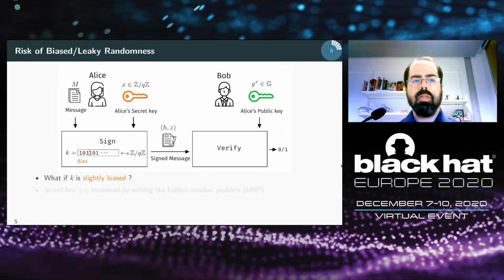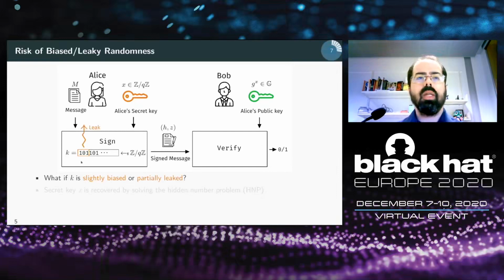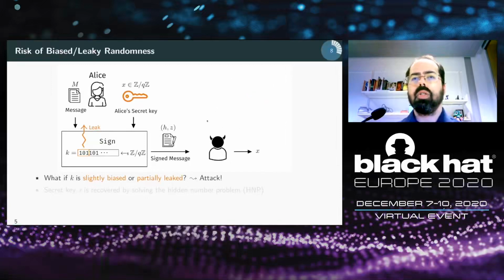But these are extreme cases. For example, we could have the case that due to implementation error or malfunction in the random number generator, some bits of the nonce are fixed. Or perhaps an adversary is able to obtain leakage correlated with those bits with high probability. In this case, the adversary could collect many signatures computed by Alice under her private key and solve the hidden number problem to compute this private key.